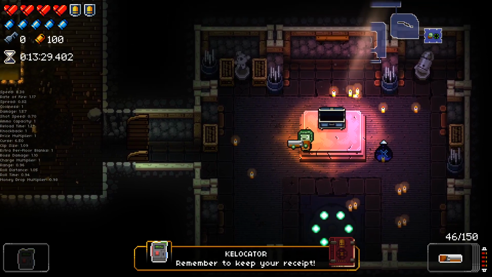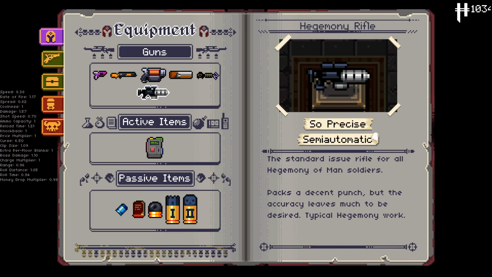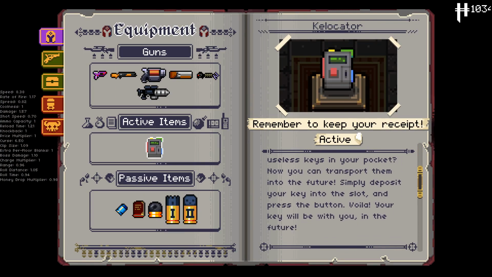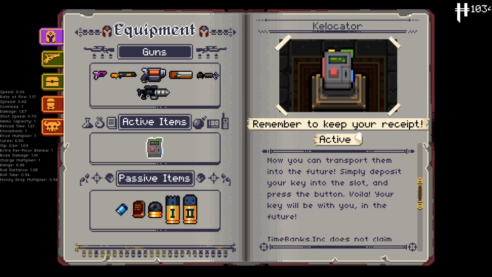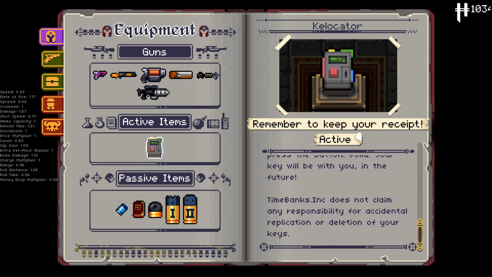Key locator. Remember to keep your receipt. Introducing the new key locator. Are you tired of having spare useless keys in your pocket? Now you can transport them into the future. Simply deposit your keys into the slot and press the button, voila. Your keys will be with you in the future. Does not claim any responsibility for accident or...